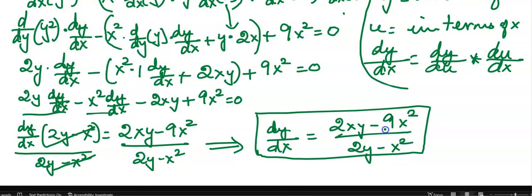So there's nothing common here. Maybe in the numerator you can take out x as a common factor and rewrite it in a slightly different way, x times 2y minus 9x, divided by 2y minus x squared. But nothing is cancelling, so it's okay to leave it like this expression also. 2xy minus 9x squared divided by 2y minus x squared. That's the derivative